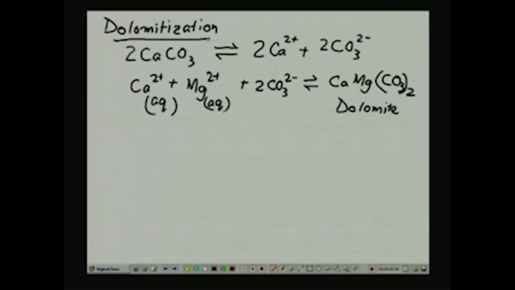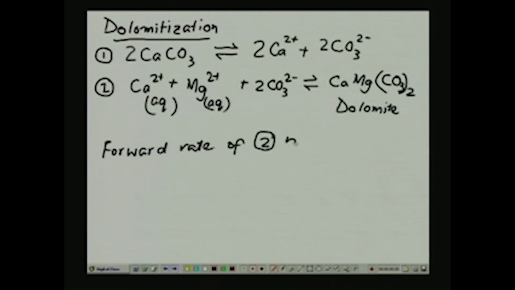Now, the forward reaction for chemical reaction 2, the forward rate of 2 is catalyzed by a few factors. The major ones are